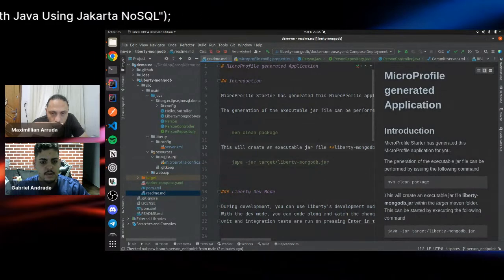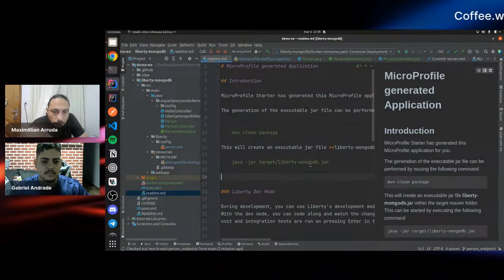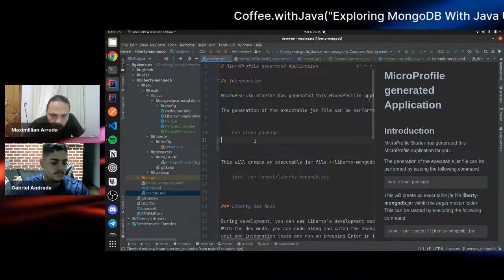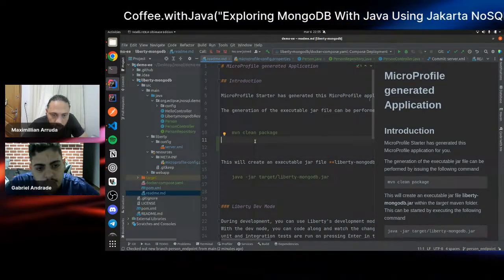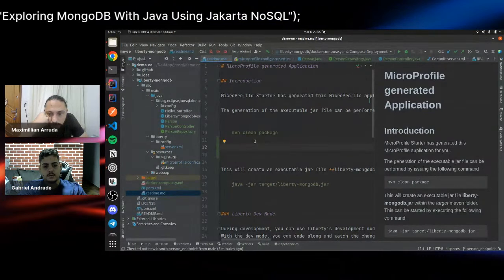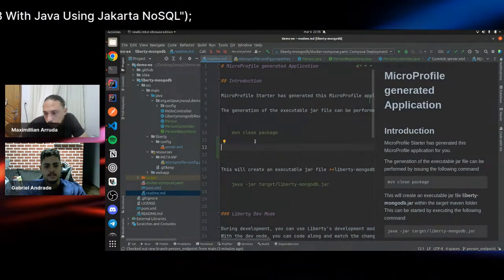Yeah, 12. No, before 16, because if the user starts your application by java -jar, it will be broken. Okay, right.